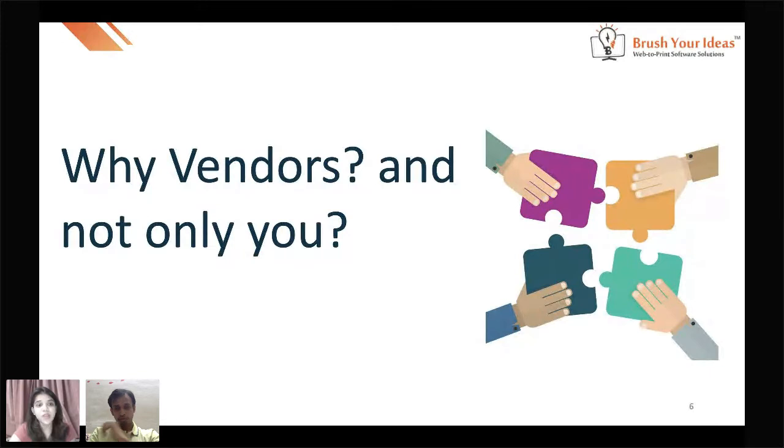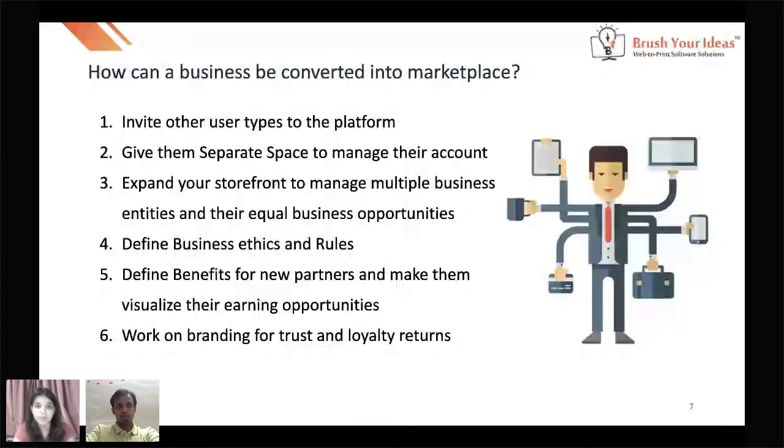So moving forward, I would like to explain how you can convert your business into a marketplace, because this is really very important. This is why we have gathered here today. As I've already mentioned, you need some partners, any type of users that you can connect with, different types of people whom you can work with, and you can grow them. You can grow yourself and them. They could be any vendors, artists, resellers, suppliers, printing providers, manufacturers, and so on and so forth. So please invite them, register them on your marketplace, and then make sure they don't go away